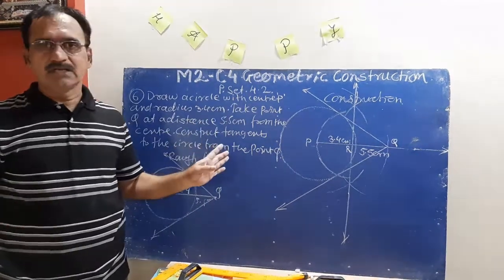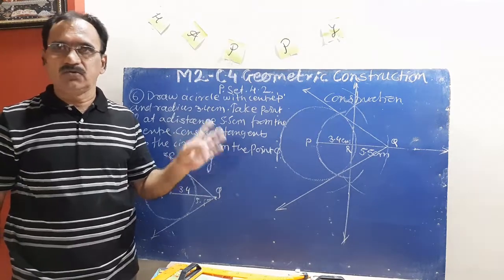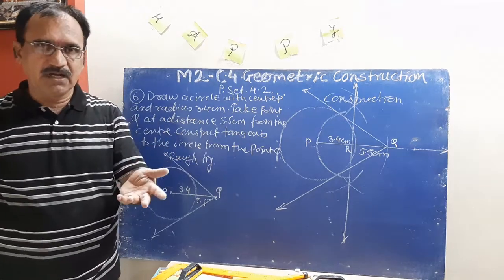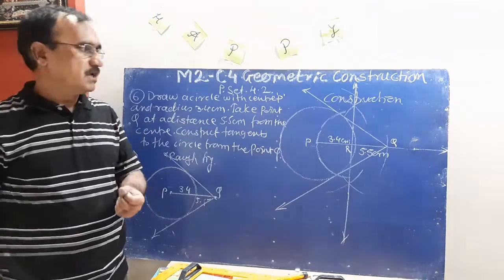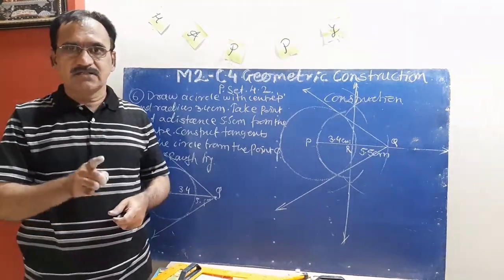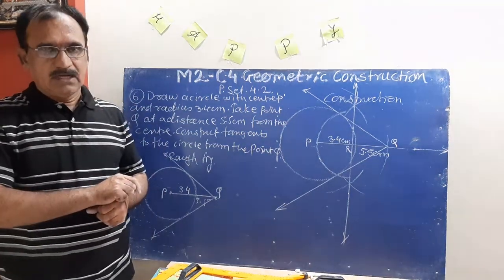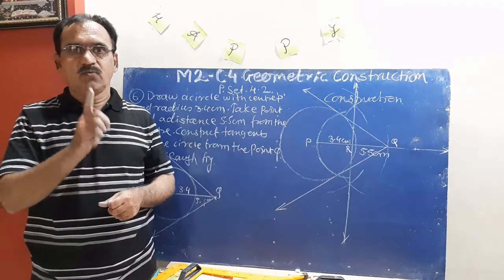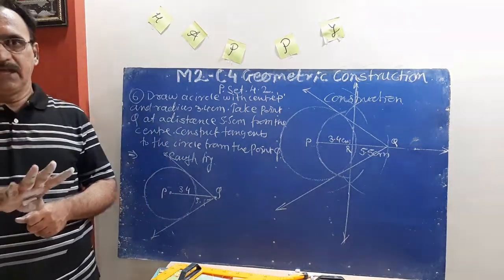The remaining constructions you try to complete yourself. If any problem, you can ask your friend, or I am here also, you can ask me anytime. This is the 4th chapter, and it is completed here. This is the last chapter of this first semester, and in the next period we will see Maths 1 chapter number 4, financial planning. Okay.